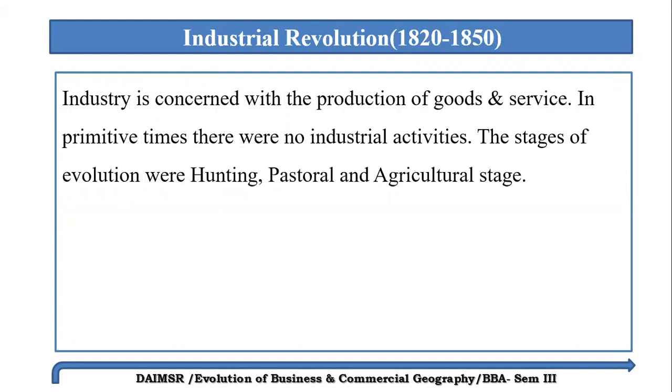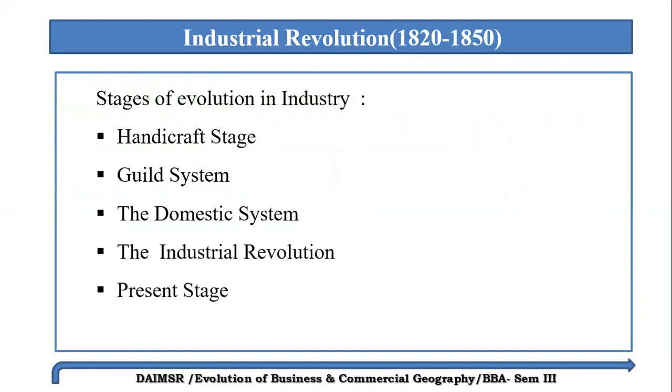Soon after this, man entered the agricultural stage. He began cultivating land to grow food grains. The economy of the household remained self-sufficient during this stage. Basically, the evolution of industry can be traced from the handicraft stage, where goods were manufactured for local people. So the stage from where the evolution of industry started is the handicraft stage. So what is the handicraft stage all about?